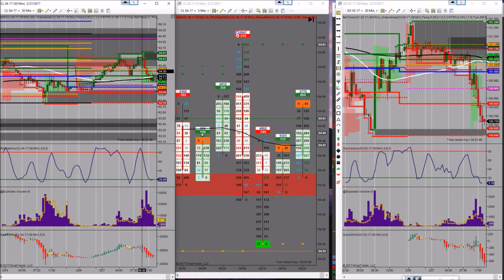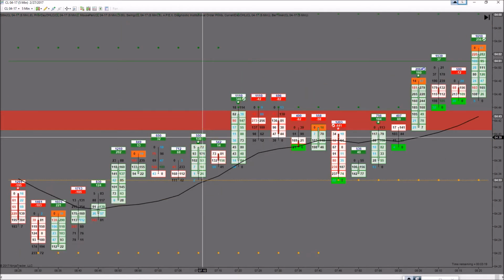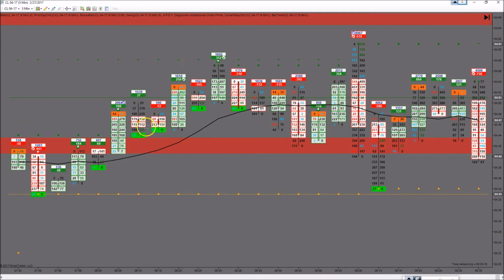Right now we are reaching a resistance line. We have an I zone built up in this area between 54.52 and 54.58. I'm not seeing anything on the prints as of yet, as this probably is going to be breaking on through it. Let me double check. Yep, I'm not seeing anything on the print,